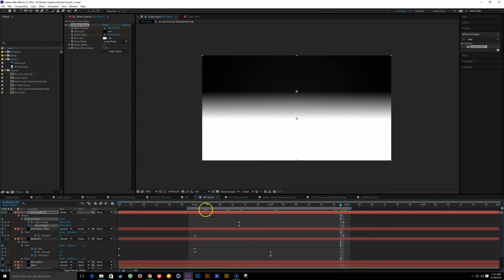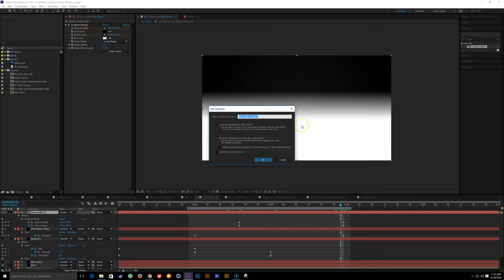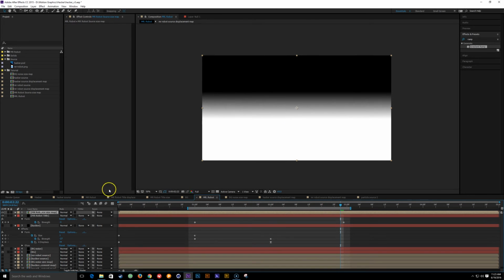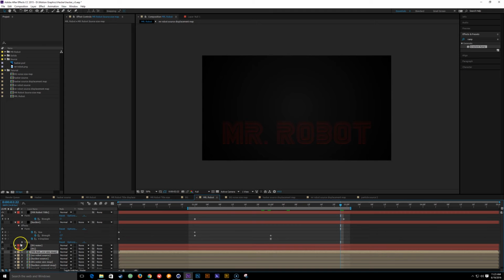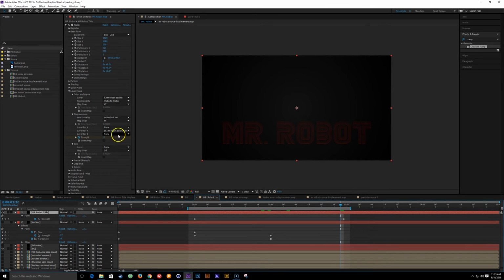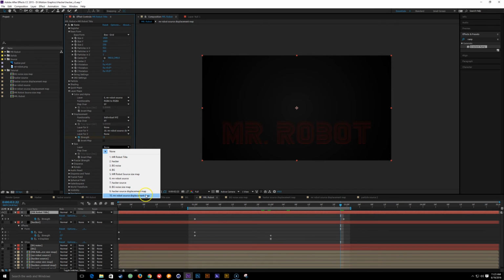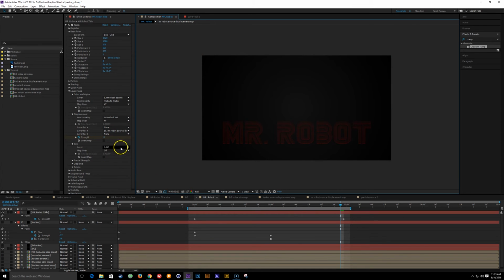Okay, cool. Let's try that. I'm gonna pre-comp this as my Mr. Robot source size map. I don't need to see it anymore. Hide it, put it on the bottom. And let's go to our size, select that size map, map over XY,